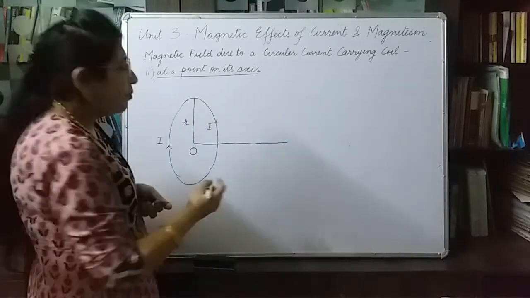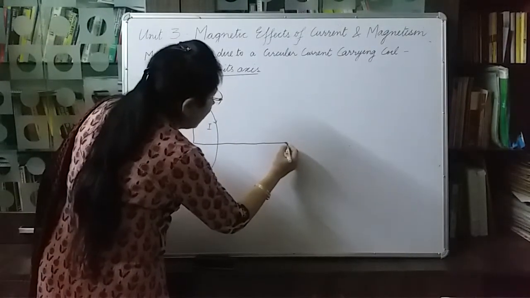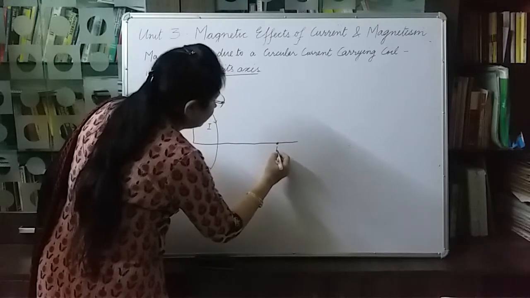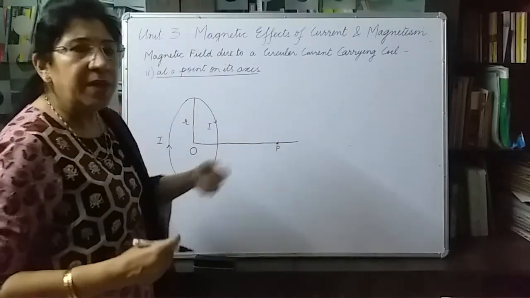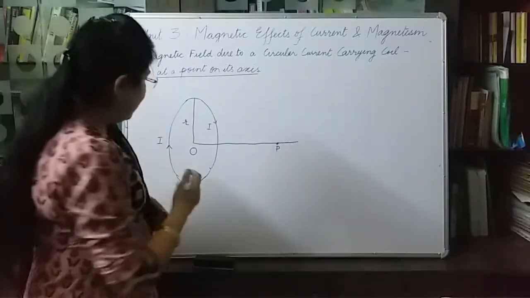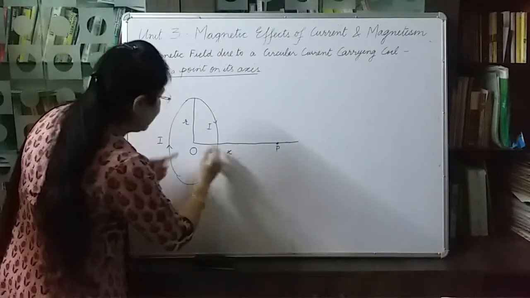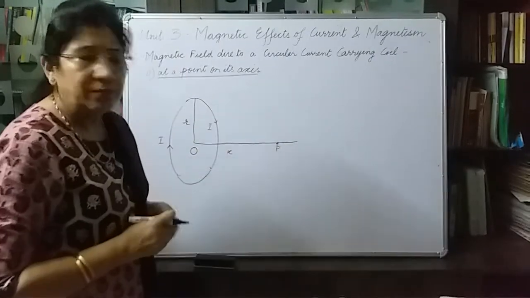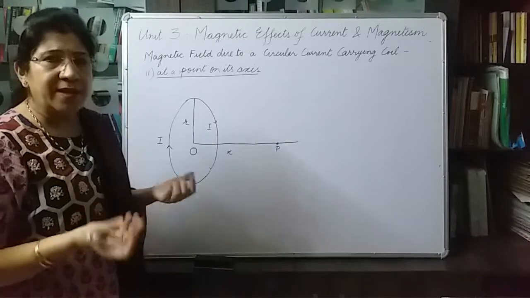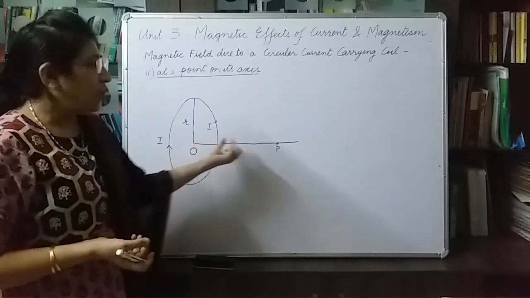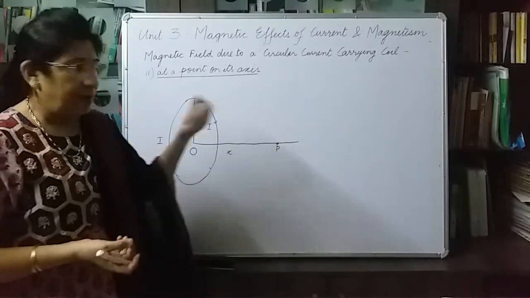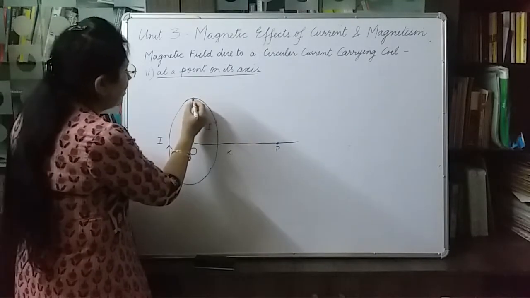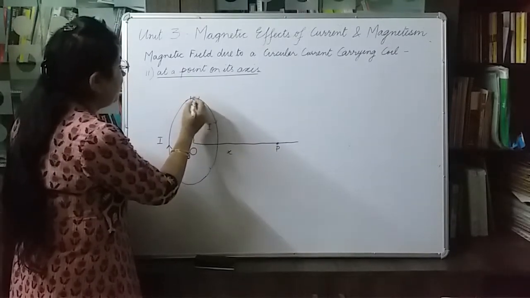Let us consider a point P on its axis. This point P is, say, at a distance x from the center of the coil. x is a variable. x can be from the center to any distance. And let us consider here a current element AB